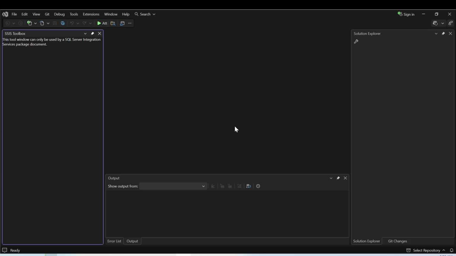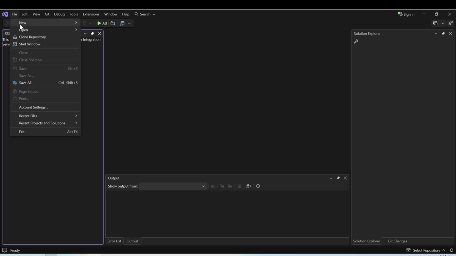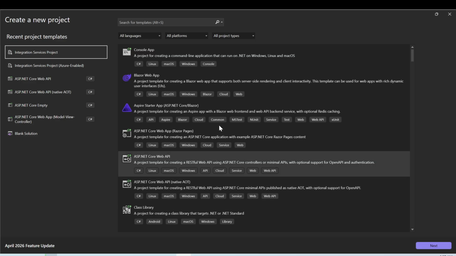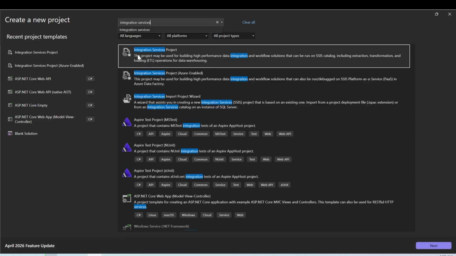So I launched my Visual Studio, and we're going to create a new project or solution. I will click on the file at the top left in Visual Studio, and then click New and Project Solution. This will open up a window like this. So I have the Integration Services project on the left because I recently created one. But if you don't see it on your left, you just go to the search at top and search for integration services. Then you will see the template below. You click on this where it says Integration Services project. And once you click on that, click next,